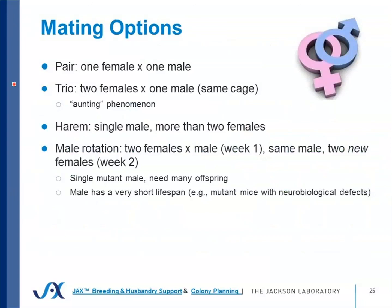There are multiple options for setting up matings themselves. The simplest mating approach is a pair, 1 male and 1 female housed in 1 cage. Mice can also be set up as trios for mating, which consists of 2 females and 1 male housed in the same cage. For some strains, trio matings can be more productive in terms of the wean per pen due